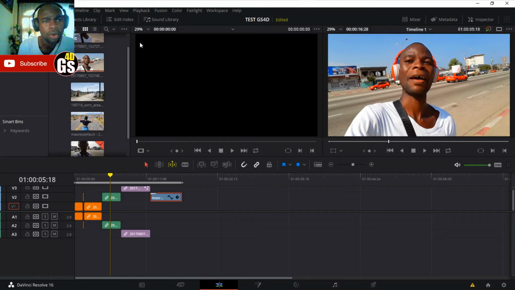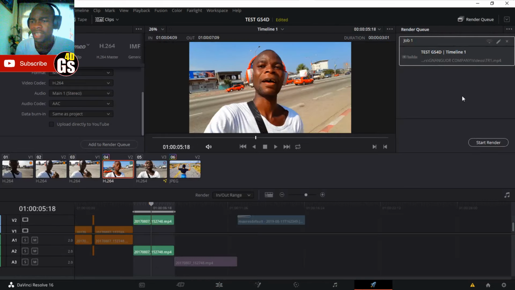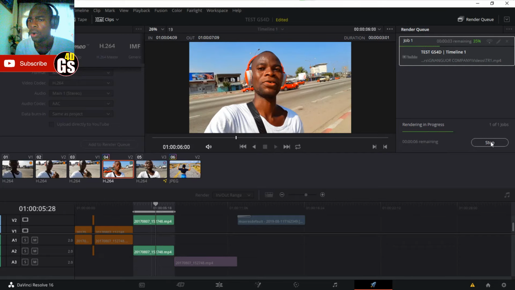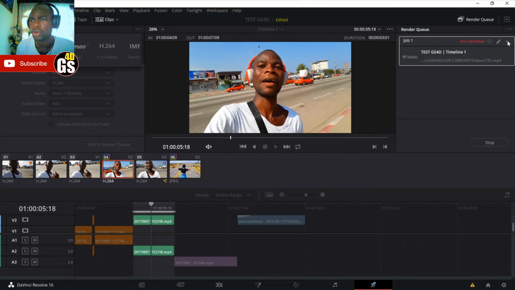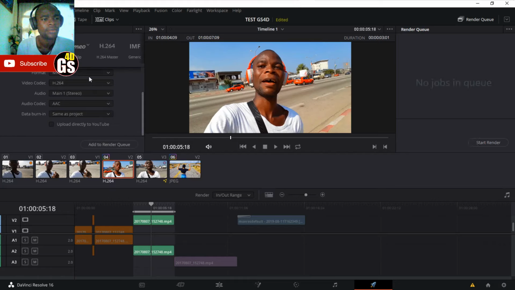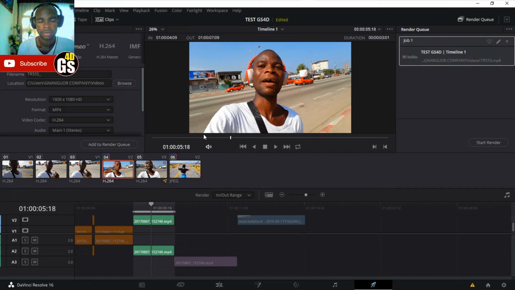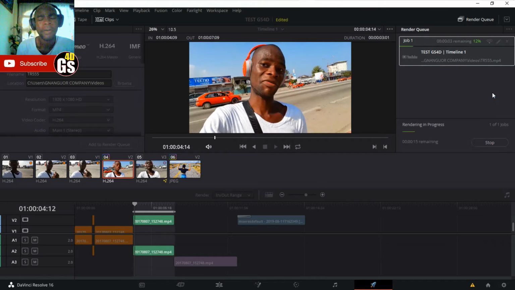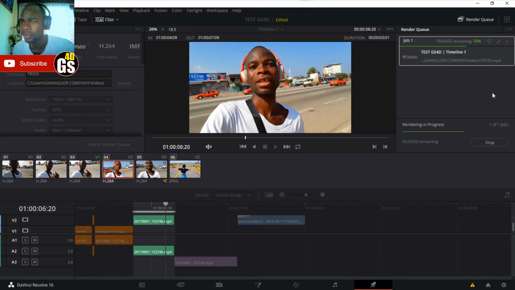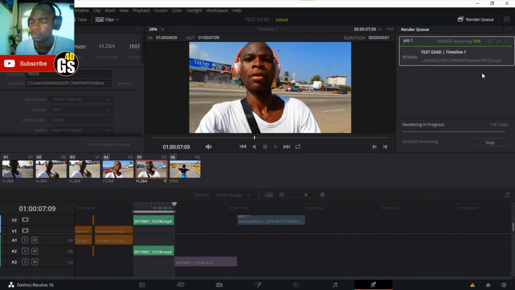Okay, maybe it's because I have something here. Okay, click on start render. Oh, this is not the thing I want to do. Okay, oh, please close. Change its name quickly to 5. Add, and now click on start render. With CUDA, you will see this rendering is fast, very fast with CUDA.